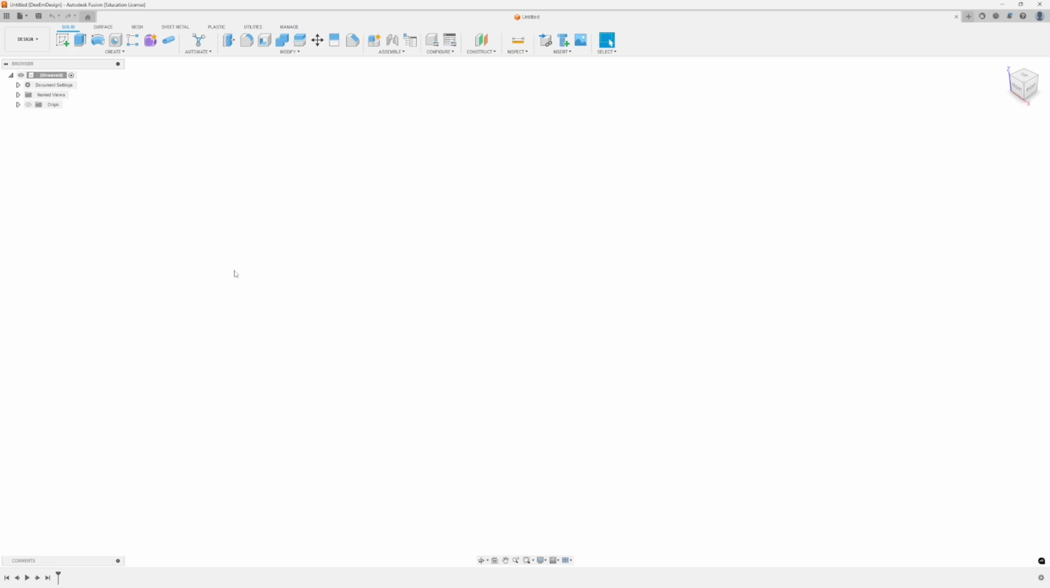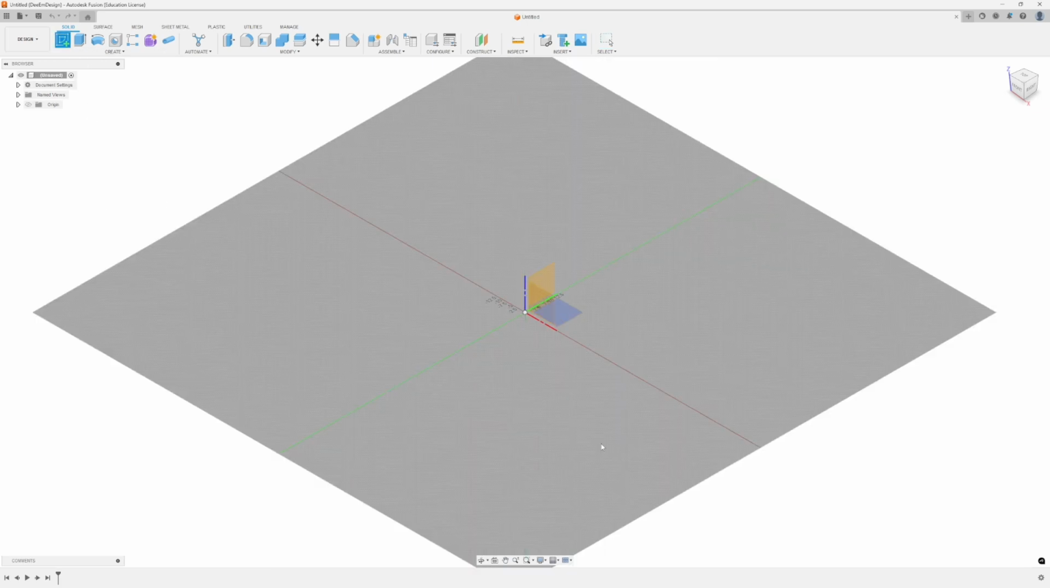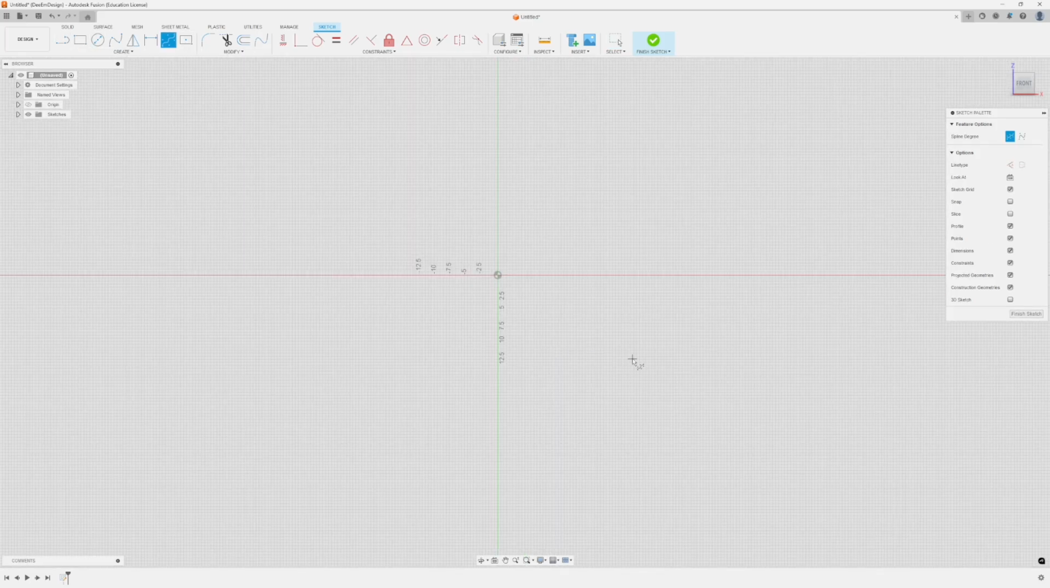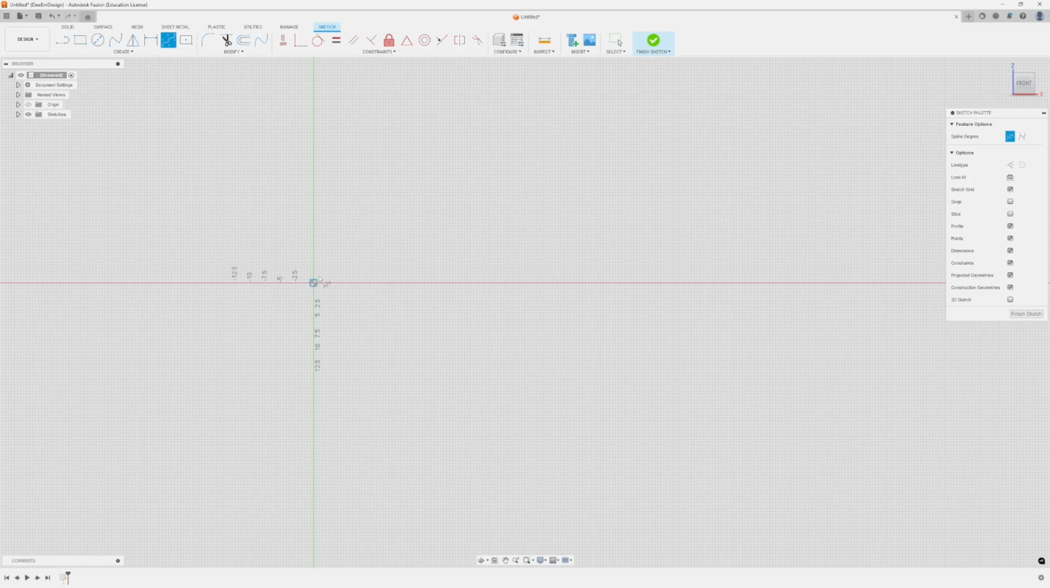Okay, so it's just a quick primer because people have been asking how I do panel lines like I did on the F111 wing. So the first thing I'm going to do is create a completely random cross section here on this plane,